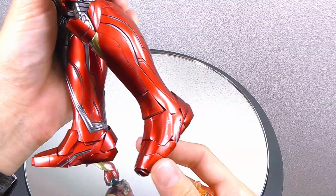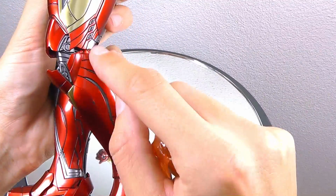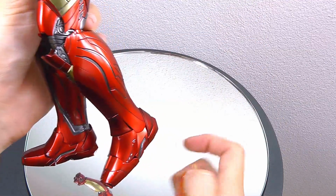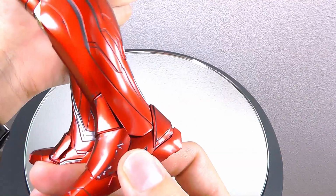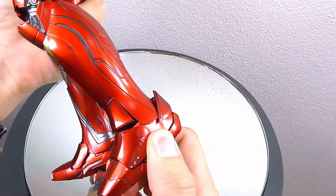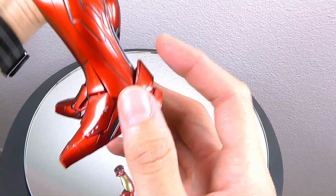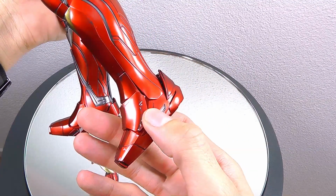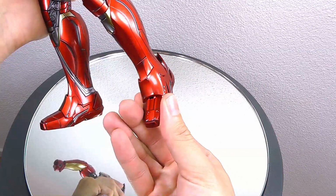Alright, let's go for one of the most sophisticated parts on the figure, which I think are the boots and the lower legs. So these really look like very organic pieces in one solid piece, and there's actually quite some articulation and thought going into this boot, so you can lift and lower the actual lower part of the boot, and then you will see that there are some different moving parts. So actually this part is movable, this part is movable, and the whole segment down there,